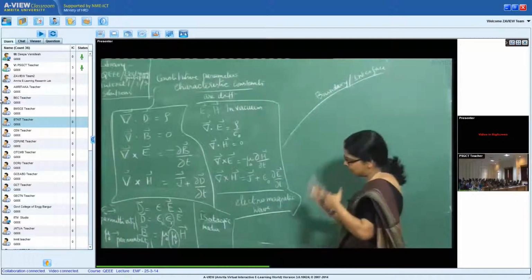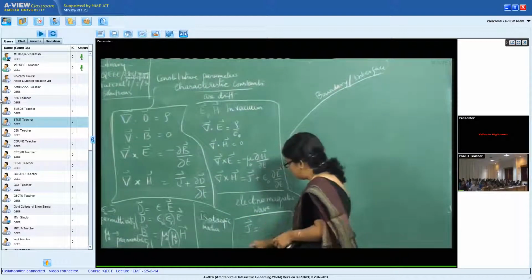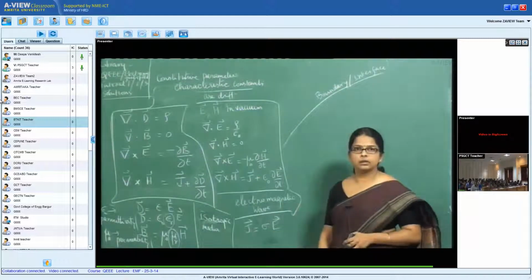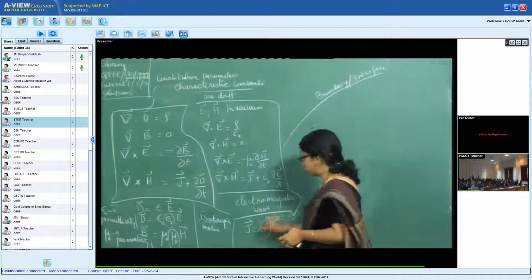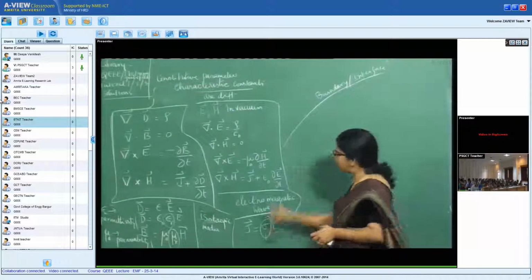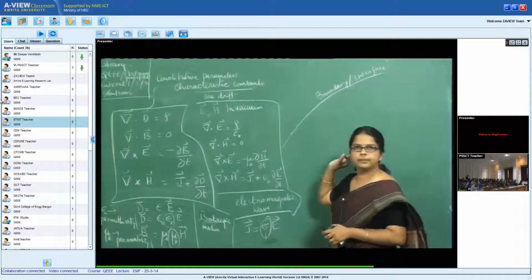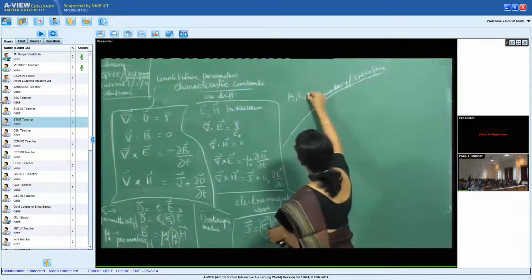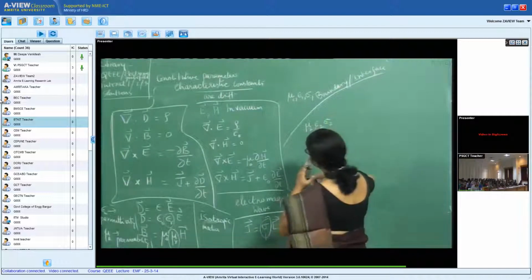Now, there is one more characteristic parameter, because we also derived this. For conduction current, we derived J is sigma E, maybe two or three classes before. This is also a characteristic. So if one or more of the parameters are different on either side, that constitutes the boundary. So let us say on this side I have mu1, epsilon 1, sigma 1. Here I have mu2, epsilon 2, sigma 2.